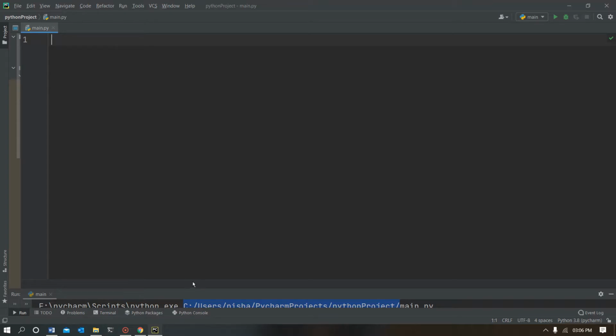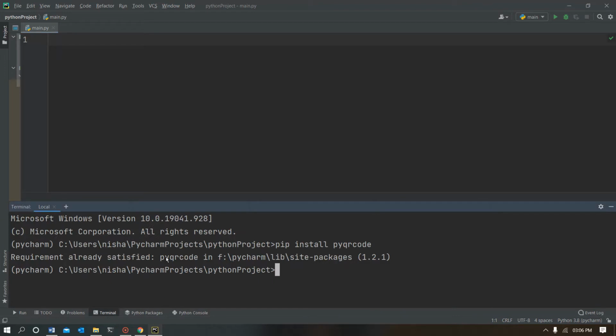You can install them by writing a command in your terminal: pip install pyqrcode pypng. It is already installed in my device, so I will not do it, but this is mandatory for all of you.